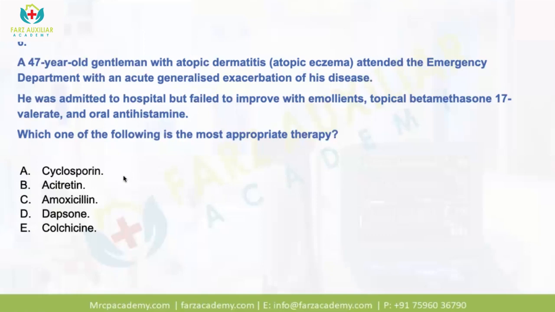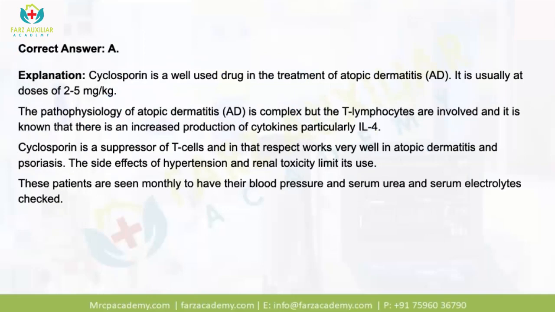Now, among the systemic treatments giving quick relief, cyclosporin is known to act best. Acitretin is not generally the medicine of choice for atopic eczema. Antibiotics like amoxicillin can sometimes help in oozing or secondary infection, but won't really cure the eczema. Dapsone, again, is not the drug of choice, and colchicine is also not used for acute eczematous cases. Cyclosporin is a well-used drug in the treatment of atopic dermatitis, and the dose is 2 to 5 milligram per kg